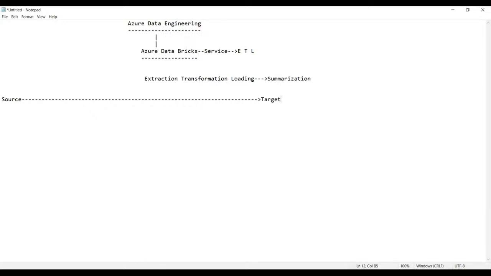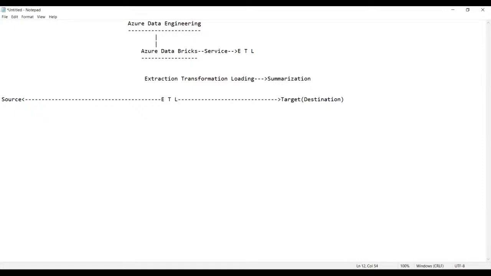The source is where we get the information from. And the target is a place or destination, target or destination, we can say here. Now, between the source and the target, we perform the process of